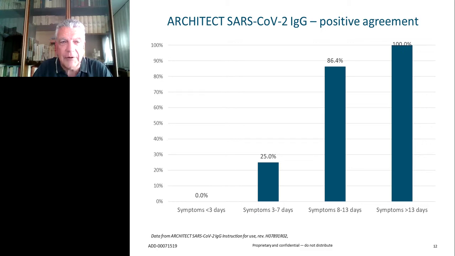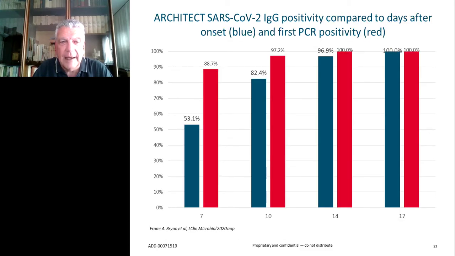And we have another demonstration of that that comes from real practice. When the authors of this paper checked their population, which was quite large because they took samples from more than 400 patients, and they compared the positivity rate by that assay with the time after the onset of symptoms, they basically found the same values that we have seen before, with an increase over time. If you wish, quite surprisingly, they did find antibodies already in 50% of the population after just 1 week. And then when they compared the results, not just to the days after the onset, but to the first positive PCR, the yield was even higher.